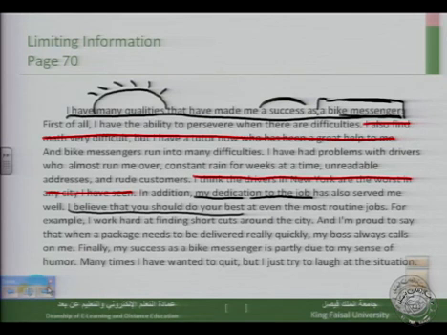Finally, my success as a bike messenger is partly due to my sense of humor. He mentions here one quality, which is an adjective we saw before, a good sense of humor. Okay, so a good sense of humor, the ability to laugh at some situations, or the ability to know when the situation is funny. Okay, so here he explains this by saying, many times I have wanted to quit, but